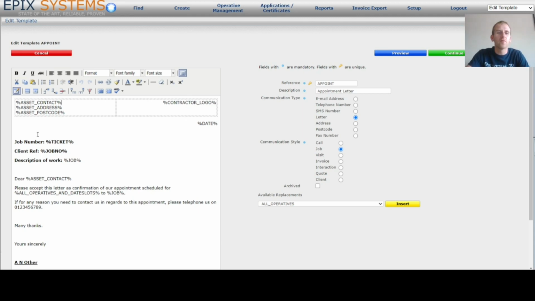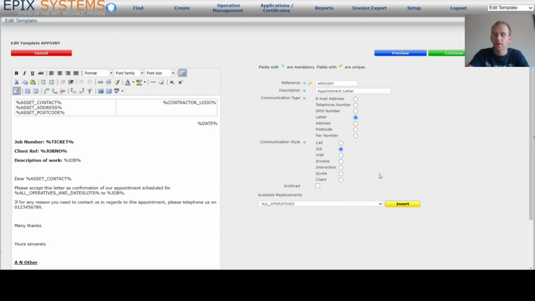The list of replacements are found down here, and this drop-down list contains all available replacements to do with the communication style that you've chosen. So this, at the moment, is the list for jobs, and if you were to select invoice, then the list would be a little bit smaller and the items would relate specifically to invoicing. So if we put that back to job,